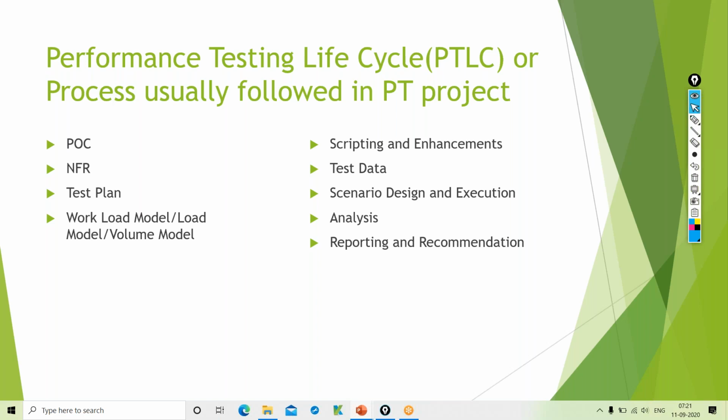Okay, so to begin with, what is POC? Proof of concept. Let's assume it's a brand new application, and you have been assigned to do a POC. So what would you do generally as part of POC? From a performance testing perspective, as part of POC, we will try to understand the application architecture. What is the application architecture? We have discussed just now: app servers, web servers, DB servers, and the different configurations. We'll understand the application architecture first, and then what kind of application it is.